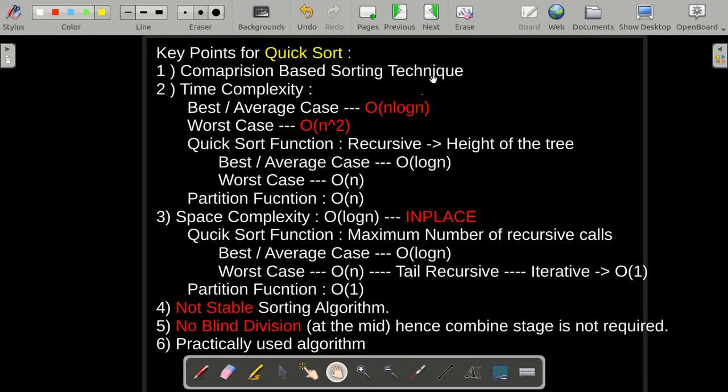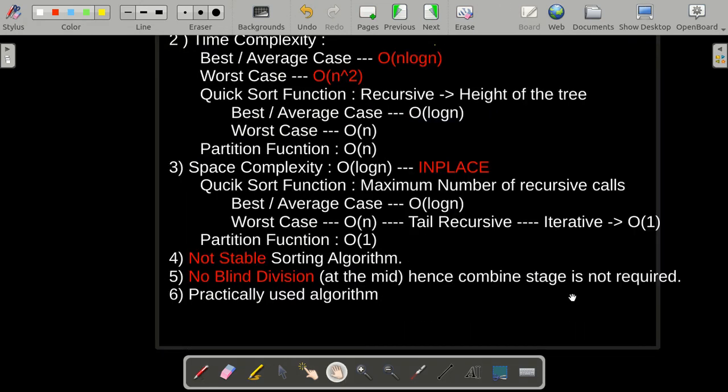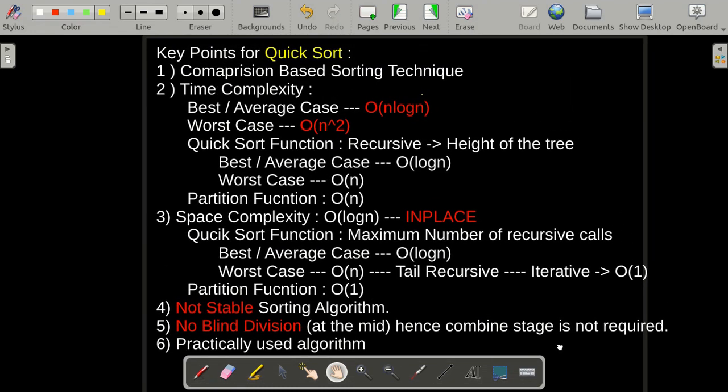This can be done by using a randomized method, in which we pick any random element from the array and then place it in the correct position. If we use such a partition algorithm, then the worst case scenario will also become n log n, and such a quicksort is known as randomized quicksort. These were all the key points for the quicksort algorithm, and this was all about quicksort.